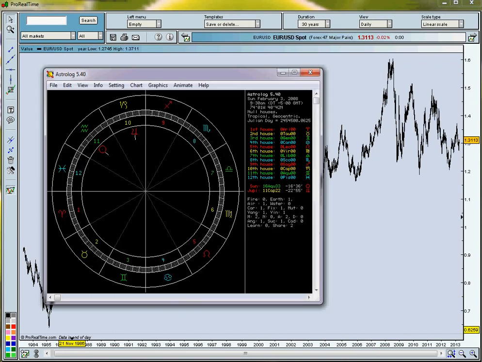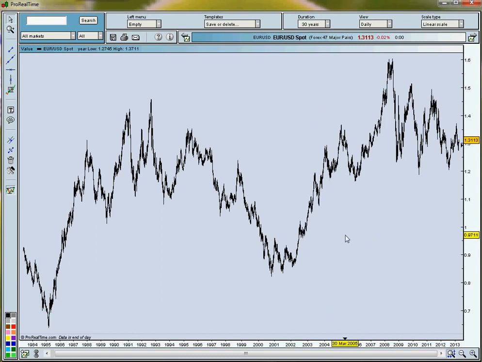So if we go back to Astrolog and once again advance Jupiter to the point where it's in opposition, which would be right about here, would be the middle of August 2013. Now that's in a few months from right now from doing this video, so if we go back here, it would seem that the big low should occur somewhere in the next couple of months